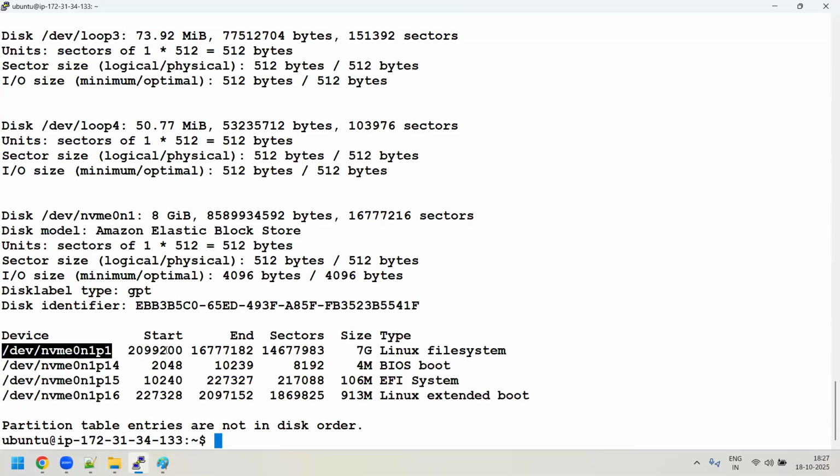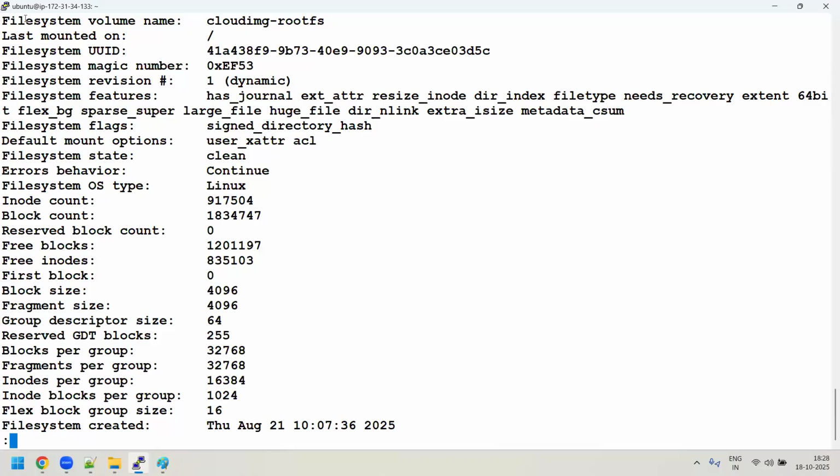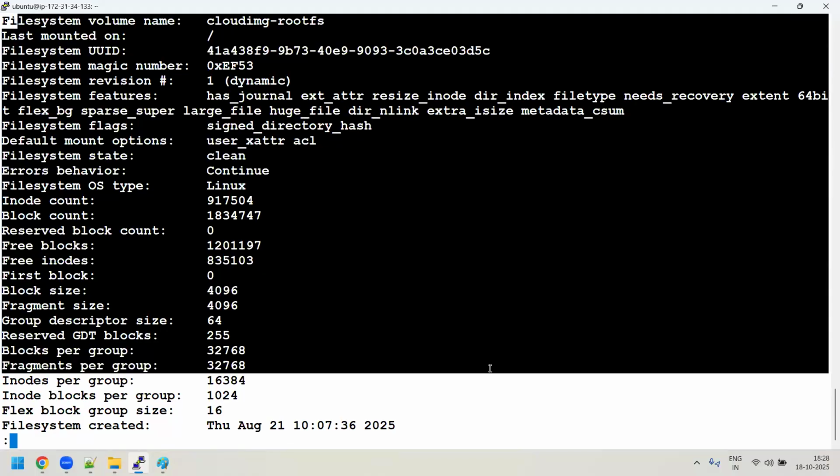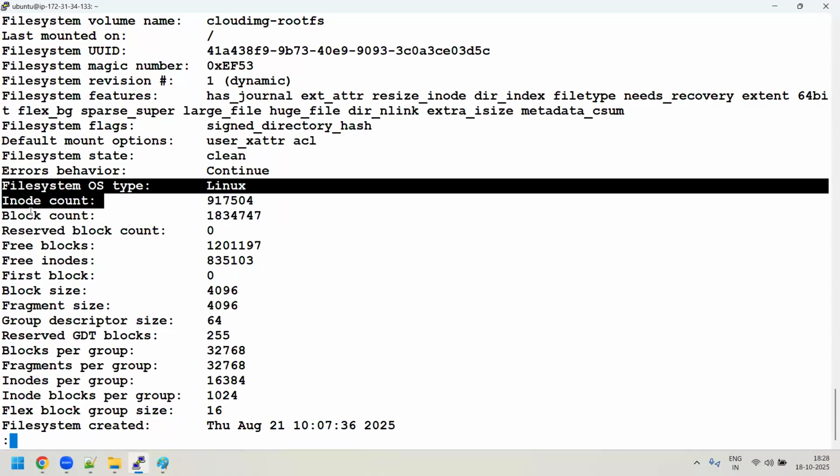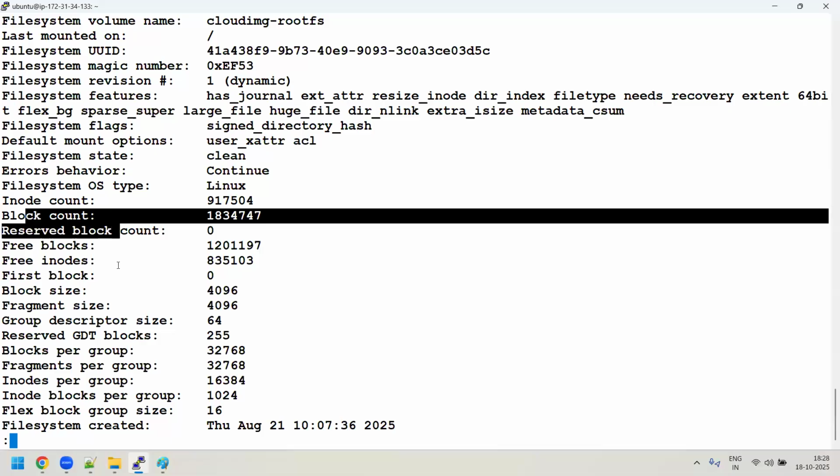Okay, let me do one thing. sudo dumpe2fs /dev/nvme, whatever the number is, and pipe it to less like this. See guys, you got the file system information about the disk itself. See, what's the inode count, what is the block count, everything. Now, there is one magic number, 0xEF53.